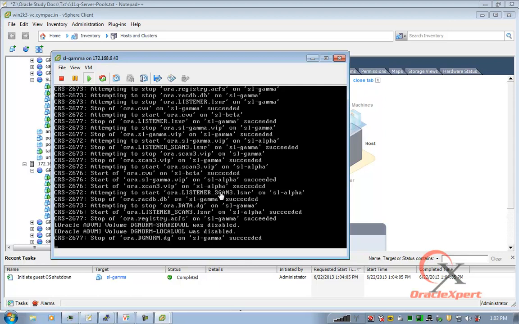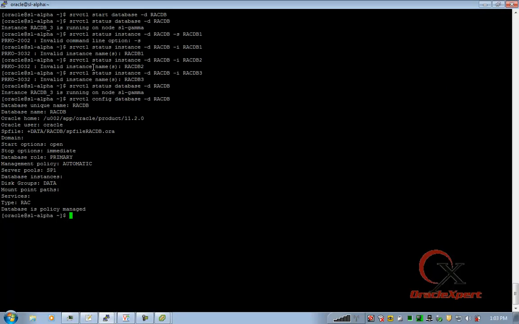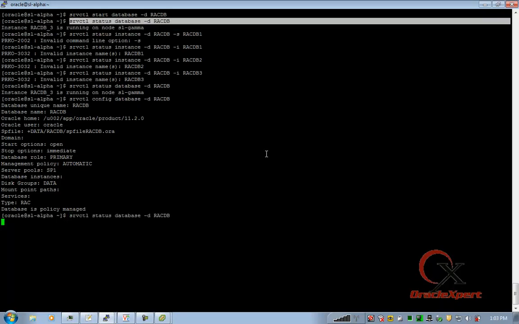So I am assuming one of the nodes which was participating in the server pool has gone down. Unfortunately, that was also the node where my instance was running. Now it says it's not running as of now.